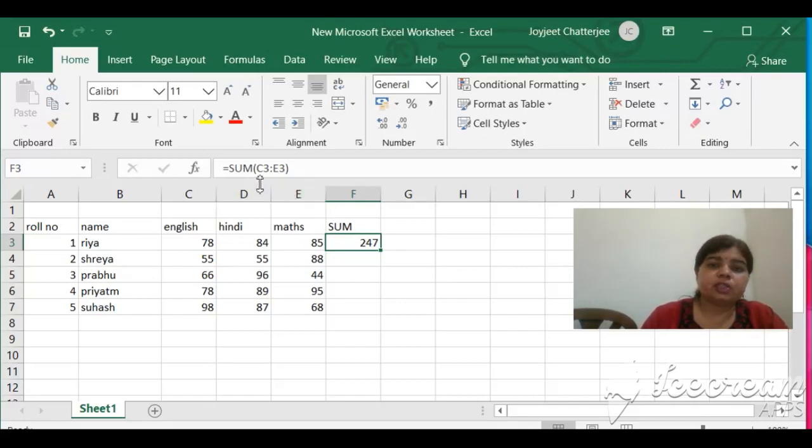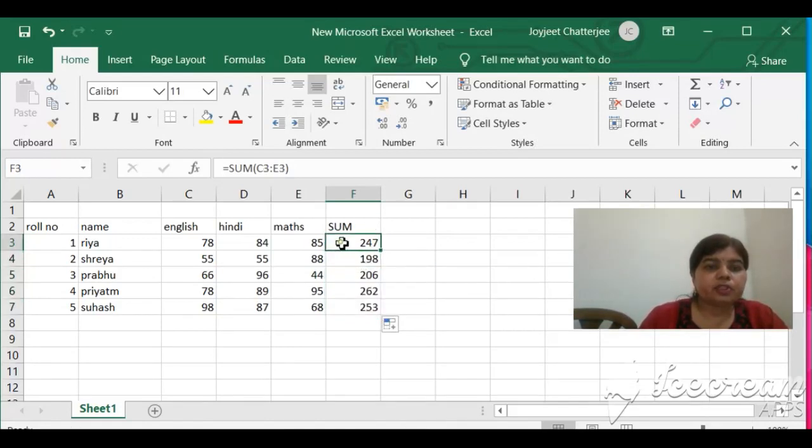Whatever the first cell and last cell of the range are, you will combine them with the colon sign. After completing Riya's sum, you can apply the fill handle function: just take your mouse pointer over there and drag it, and now you can see it is completed.